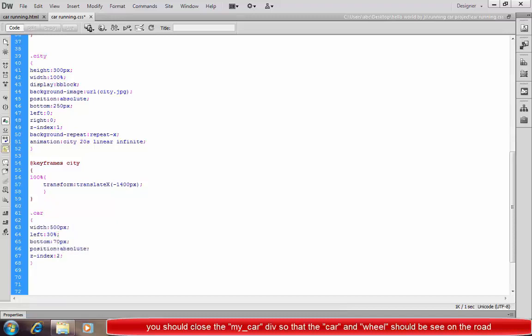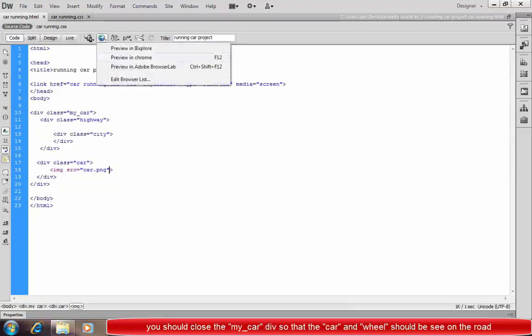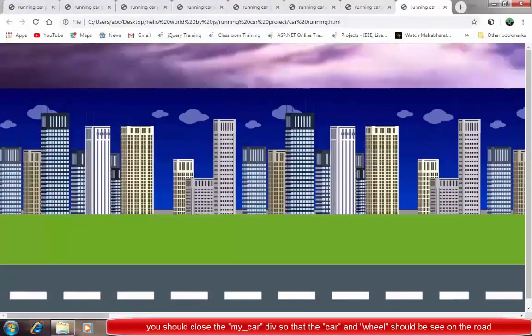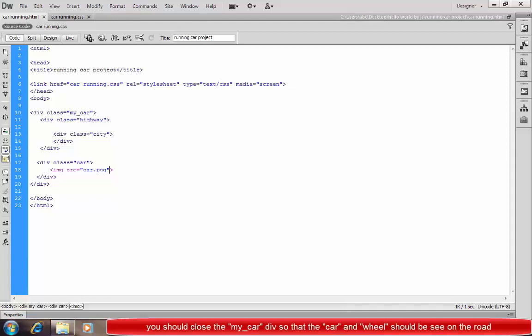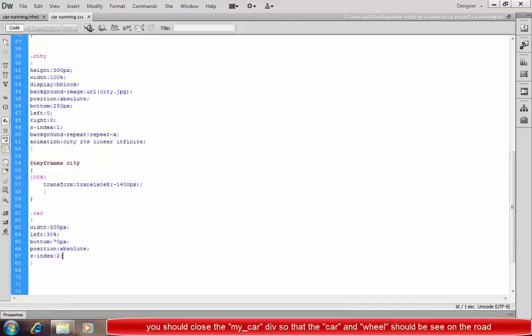And after that I use z-index here. For z-index we can see that there is no image present, because it is present in our background, and z-index is required for overlapping the image here.